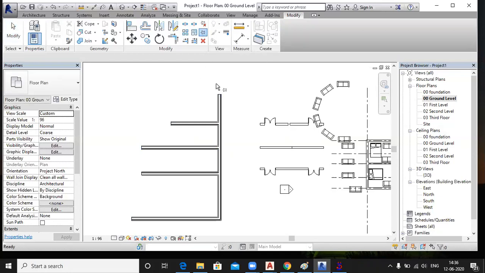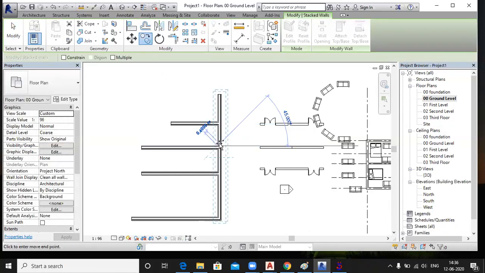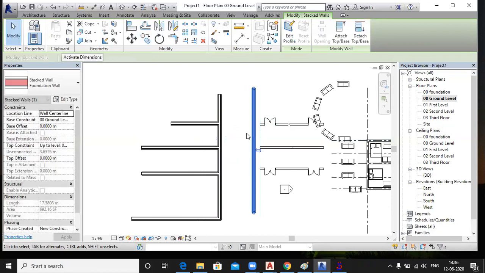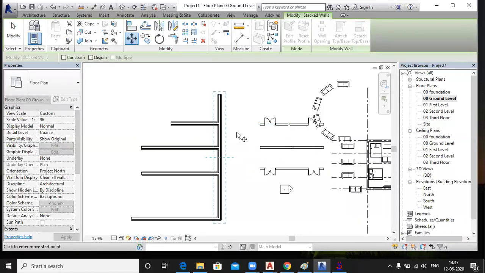You can use the pin command. See, the pin command is pinned here. Now you are unable to move this wall. Even I can't move it like this. Copy is applicable, but move command is not applicable to this wall.